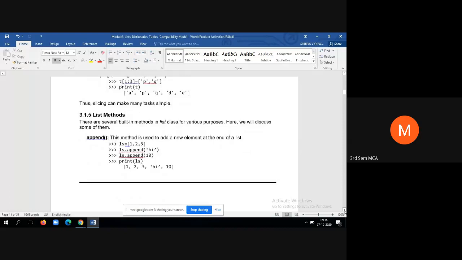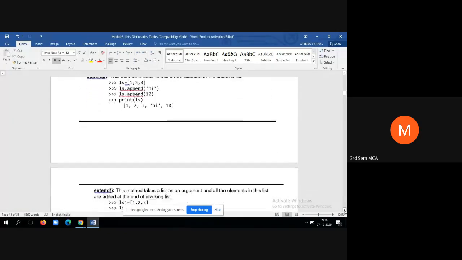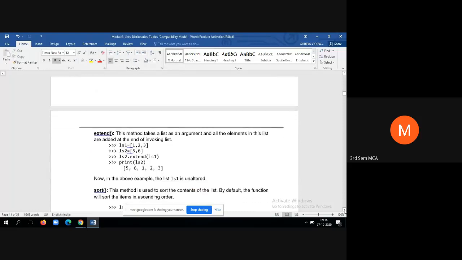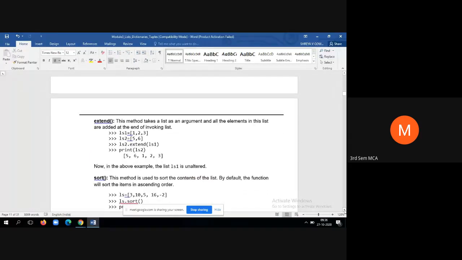And also we studied the methods append and extend. So what is the difference between append and extend? If it is append, you are appending only one element at the end of the list. If it is extend, you are actually linking a sublist to the existing list. So already you have an existing list. Now you create a sublist, that is, multiple elements. Whenever you have a requirement to append more than one element, you can make such a group as a new list and append it by using the extend method.